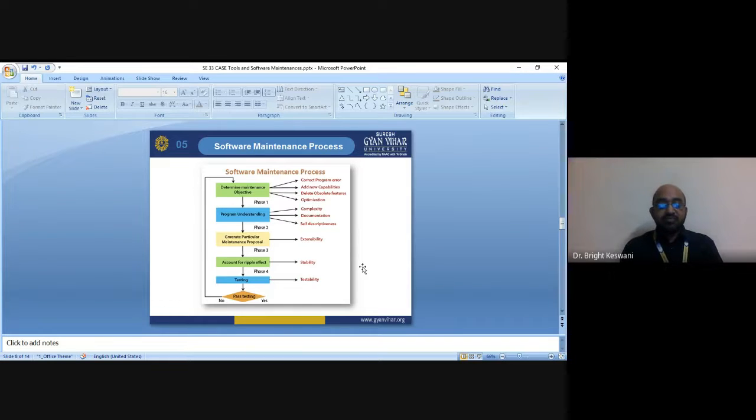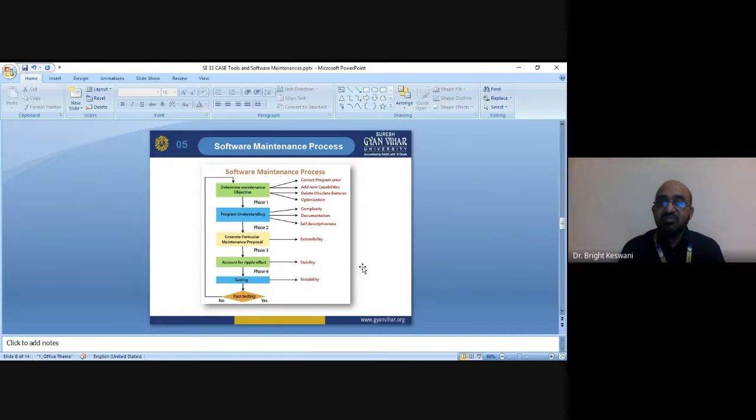So, a software maintenance process should be adopted. This software maintenance process starts with determining maintenance objectives: correct program errors, add new capabilities, delete obsolete features and optimization. This is phase one.